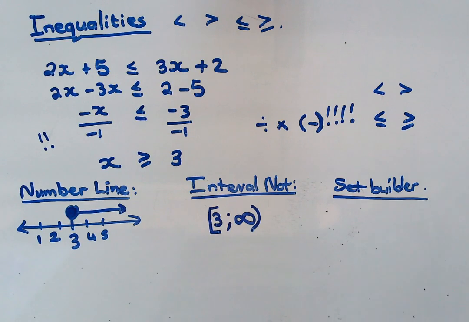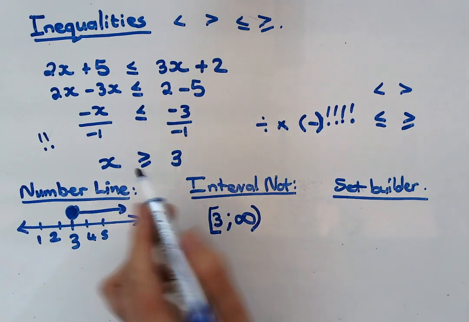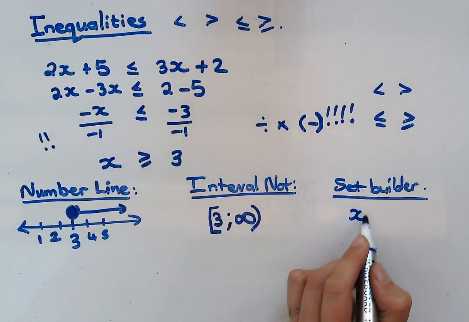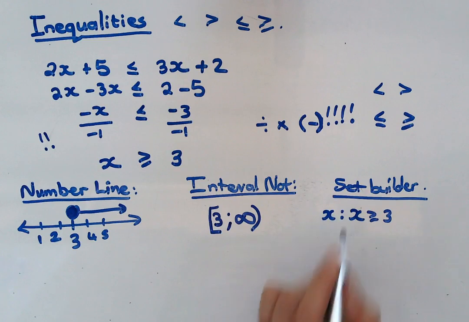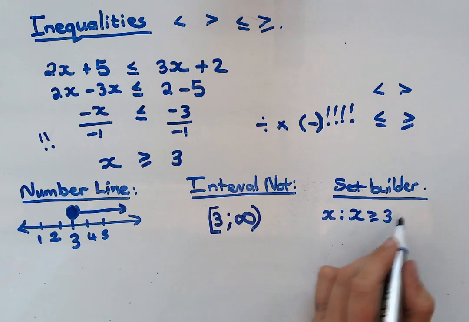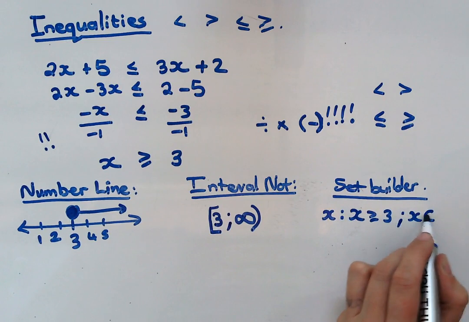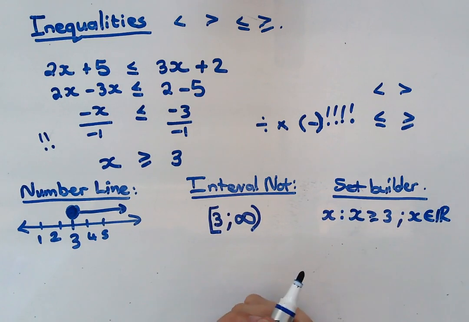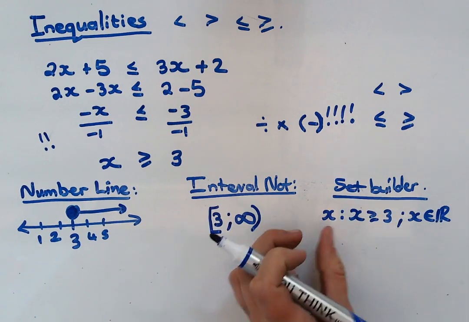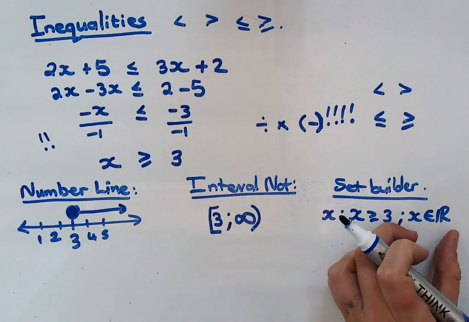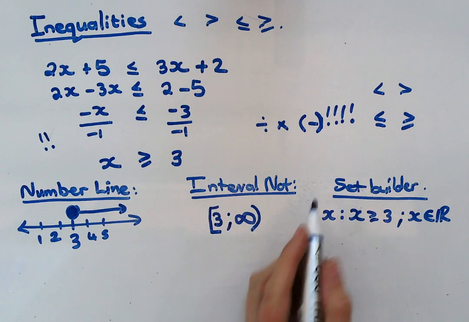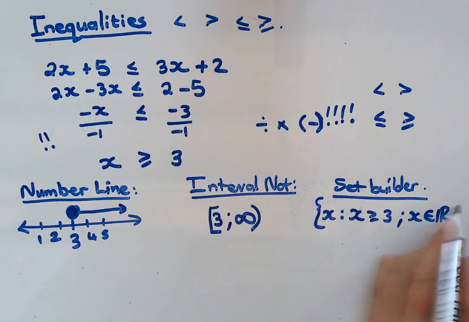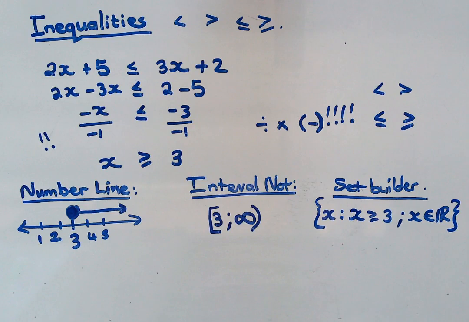the round brackets mean the number is excluded in the set. Right, and then in set builder notation, I'm basically going to put this answer, x is bigger or equal to 3, but I'm going to put x such that x is bigger or equal to 3 where x is any part of the real number system. That is the full sentence. I just put a heading and number system connotation into my mathematical sentence, and all of this goes in those curly brackets, and that's set builder notation.